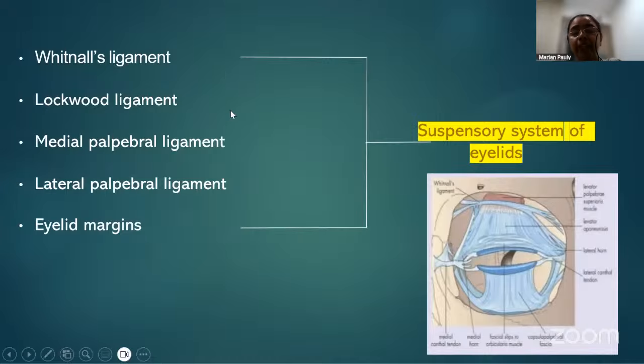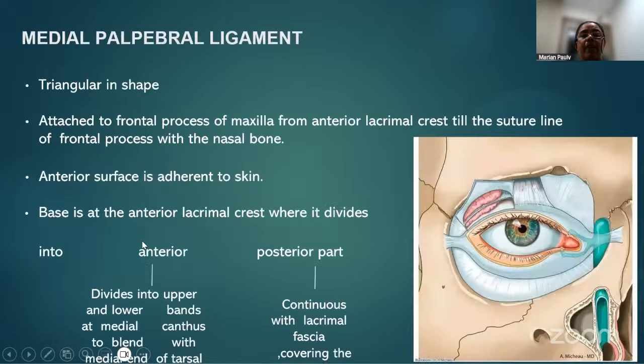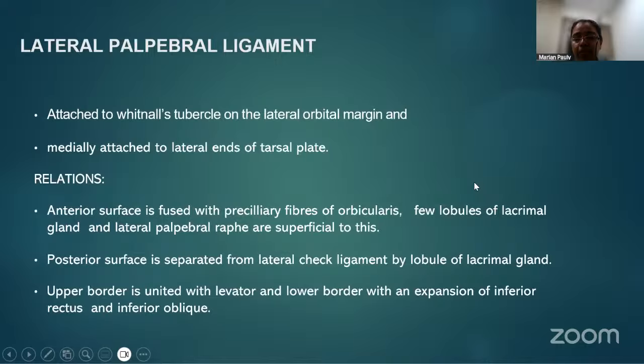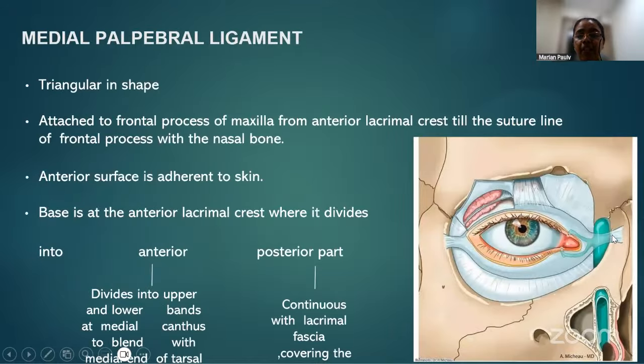Now, looking at the various suspensory systems of the eyelids. Whitnall's ligament we have seen, Lockwood ligament we have seen, medial palpebral ligament, lateral palpebral ligament, and eyelid margins. In short, about the various structures: the medial palpebral ligament is triangular in shape, attached to the frontal process of the maxilla from the anterior lacrimal crest till the suture line of the frontal process